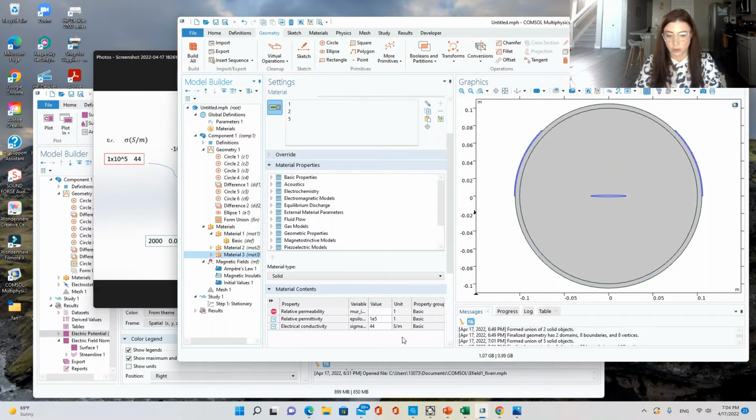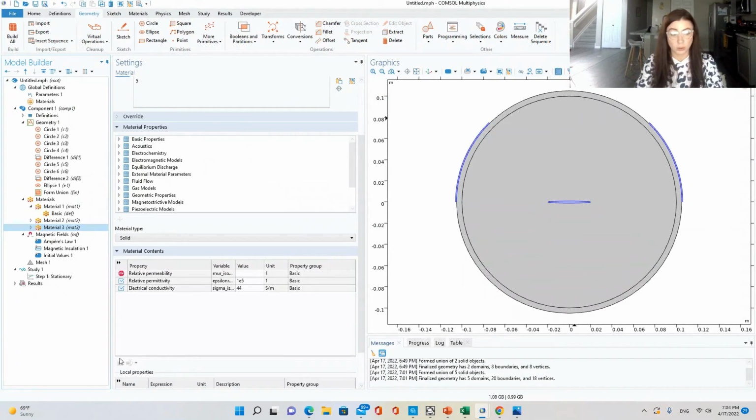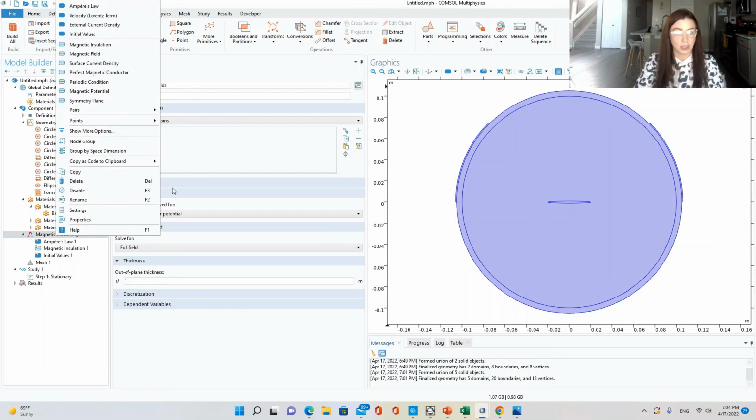Okay, so those are all in correctly. I don't know why they appear in different orders. Electrical conductivity comes last for material 3. But anyway, so we've got all those in. Now we're going to go to magnetic fields, right click, and add